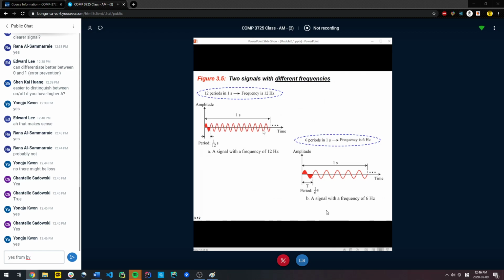Then I can say this, Yongju: instead of you sitting there and measuring the amplitude of my signal, which can be inconsistent depending on the distance between you and me, the sender and the receiver, I want you to sit there now and measure the number of peaks that come by to you. So in this case, if it's a logical 1, you're going to count 12 peaks within 1 second. If it's a logical 0, you're going to count 6 peaks.